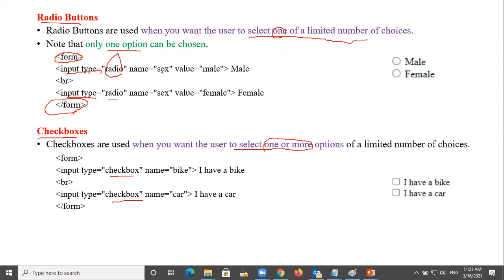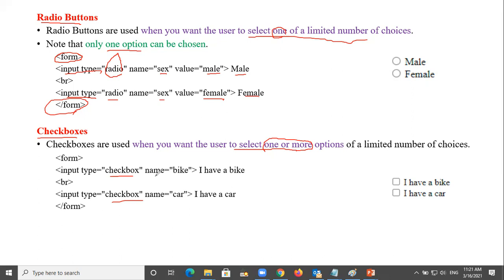The name is sex here because they want to know whether you are male or female. That's why the name is sex. But actually this is not really necessary. You can put different names, no problem. But it is better to put it correctly, because they want to know the value: the first one is going to be the male and the second one is going to be the female. Based on your choice, you can change it here.